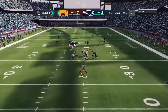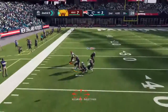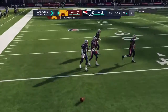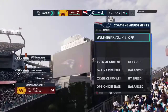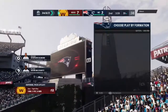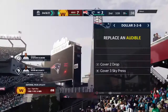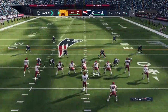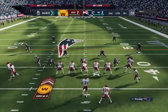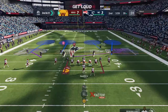Off the play fake. Here's Haskins. And his throw here's incomplete. Oh, man, that was close. The opportunity to change momentum, big play, right in his hands, unable to come down with it. A sigh of relief, no doubt, on offense as that fell harmlessly to the ground. After an incomplete pass on 2nd down, that'll leave him trying to convert on 3rd and